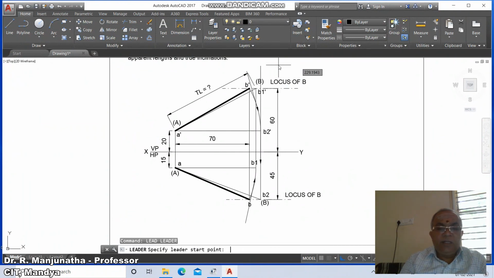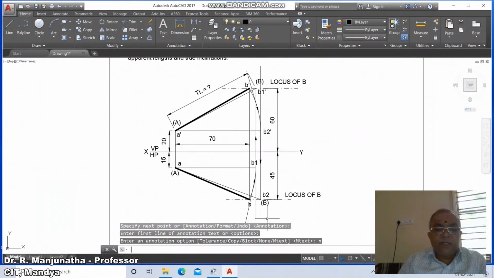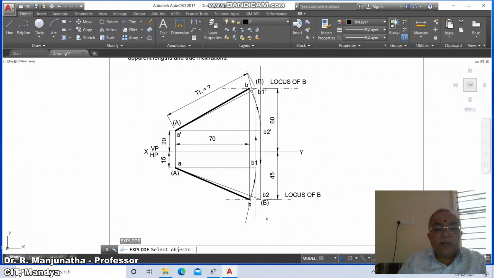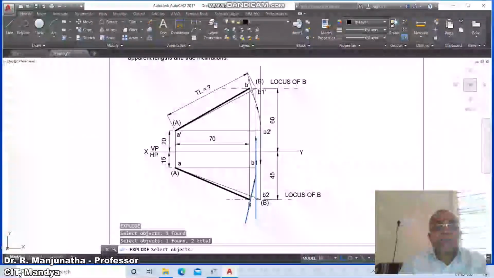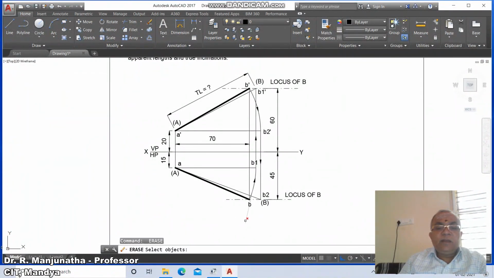Similarly, leader nearest on this, keep it on this side, annotation options none. Go to explode EX, select this line and this line and this line, enter, then go to erase this line and erase this line and erase this line, then go to dim angle.